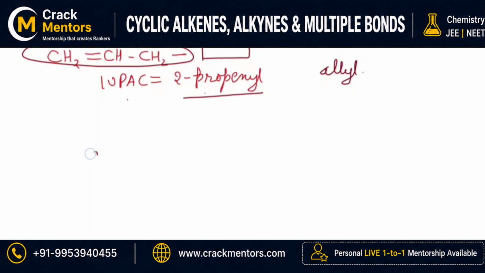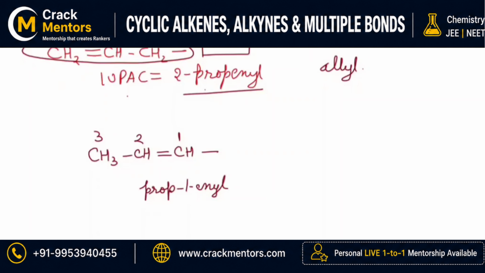Similarly, there is a group that is CH3CH double bond CH. So, the IUPAC name will be prop 1-enyl. Okay, that will be the IUPAC name. Its common name, tell me, it has not a popular common name. I was just telling you it in the series of prop 2-enyl. Okay. In some cases, a group containing an alkene may need to be treated as a substituent, right? Therefore, I was discussing these examples.